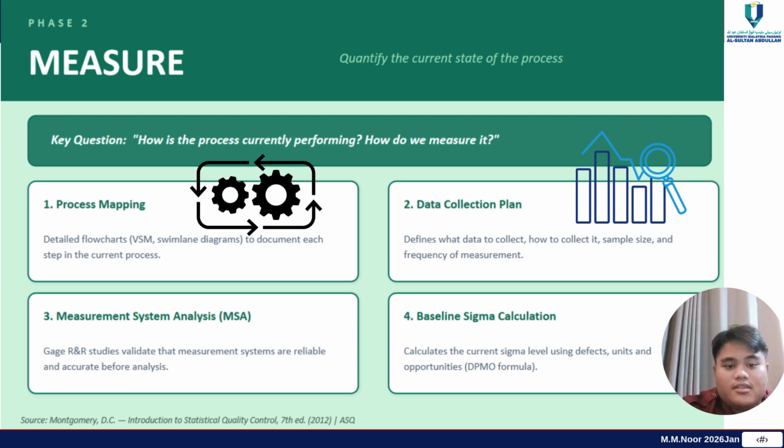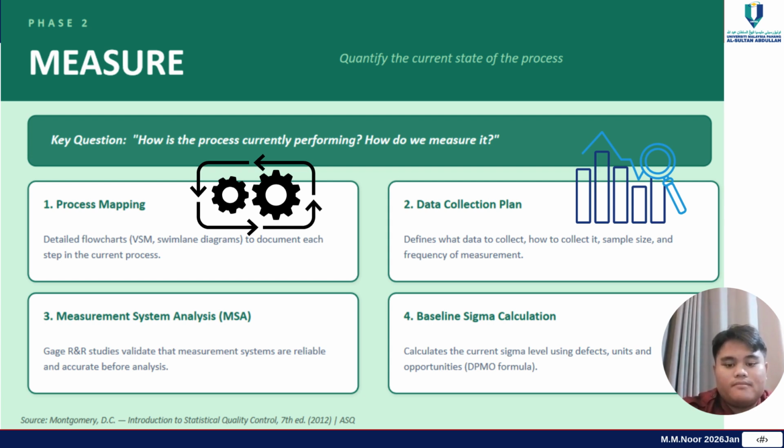Second one, data collection plan. Specifying exactly what data to collect, how to collect it, our sample size and the frequency of measurement. Third one, measurement system analysis, MSA. We run gauge R&R studies to prove our measurement gauges and tools are reliable and accurate. If your measurement system is flawed, your data will be useless. So lastly, baseline sigma calculation. This is where we calculate our starting sigma level using the recorded defects, units and opportunities via the standard DPMO